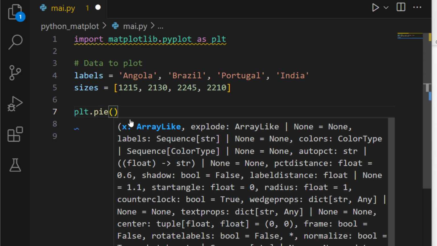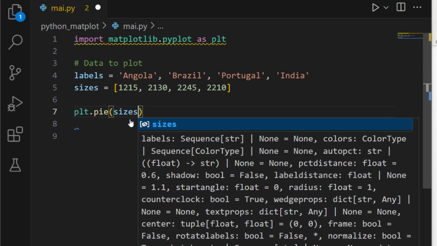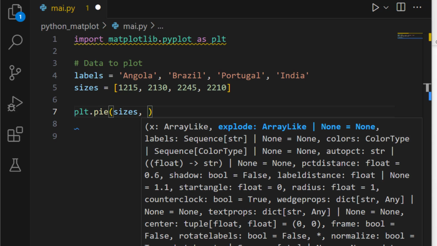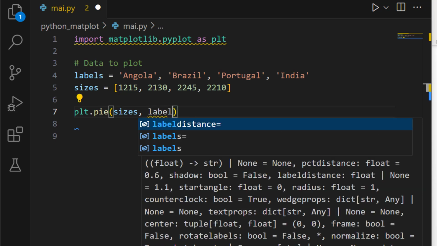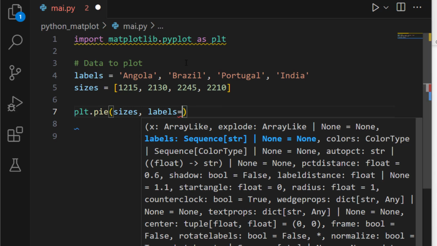Here we are going to give the first data, which is the size. Comma, and the next data that we also need to give is the labels.